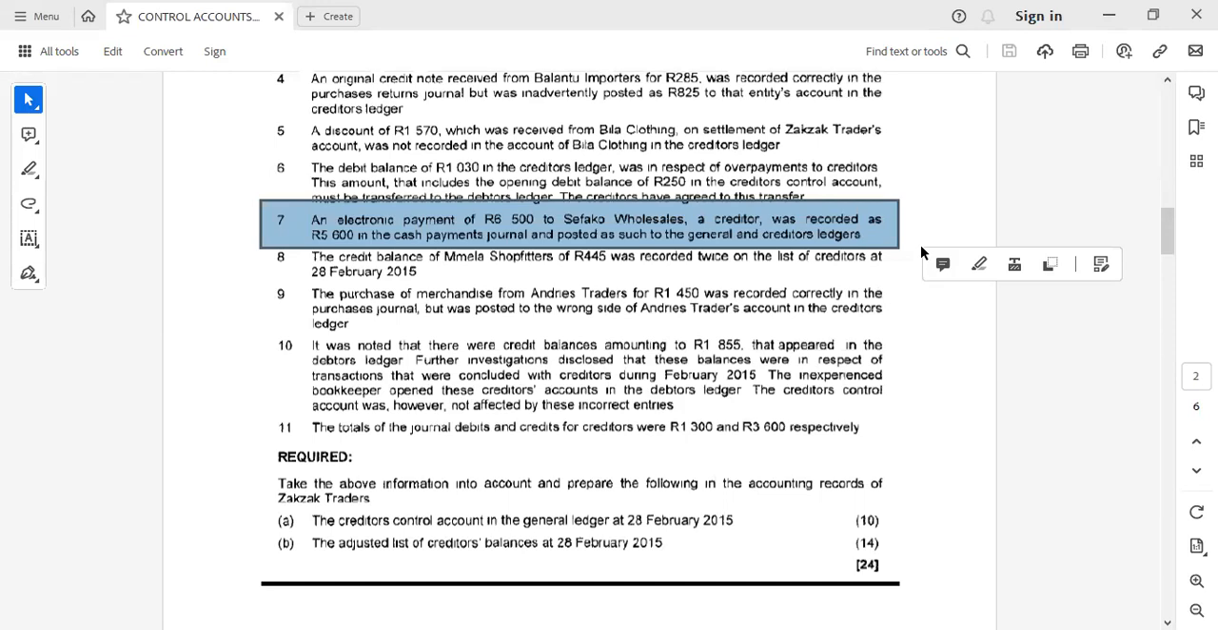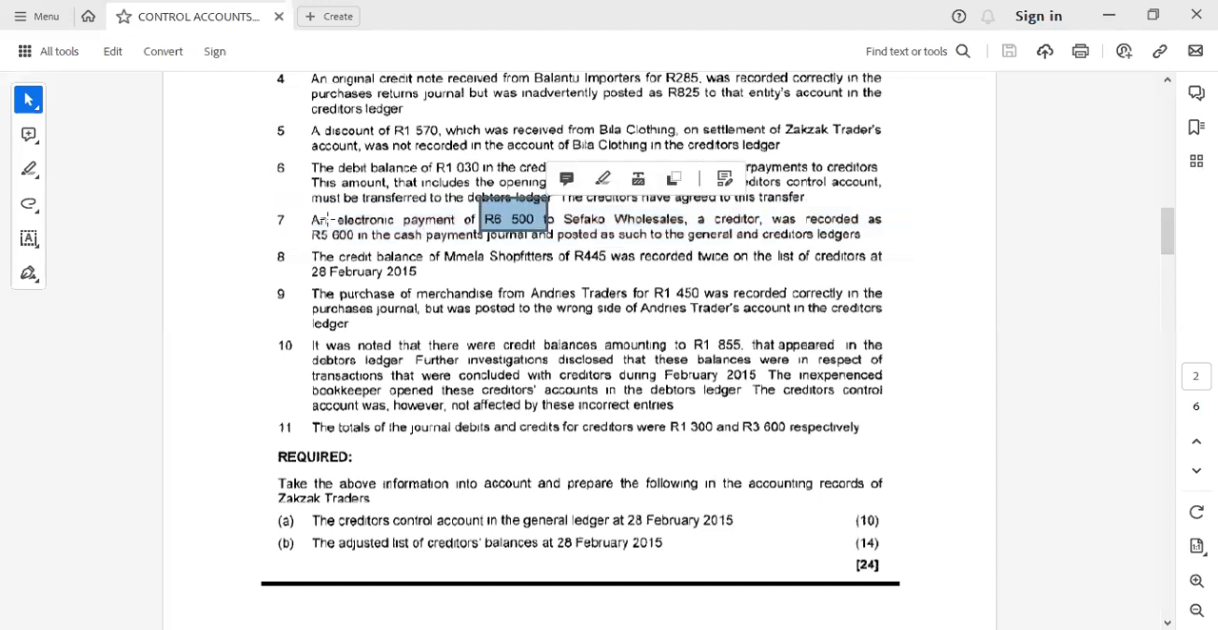An error in the book of original entry will affect both the list and the control account because the totals will be wrong and the single entry will be wrong. So this payment was supposed to be 6,500, but they recorded 5,600. So we should record a further payment of the difference. Right. So we would say